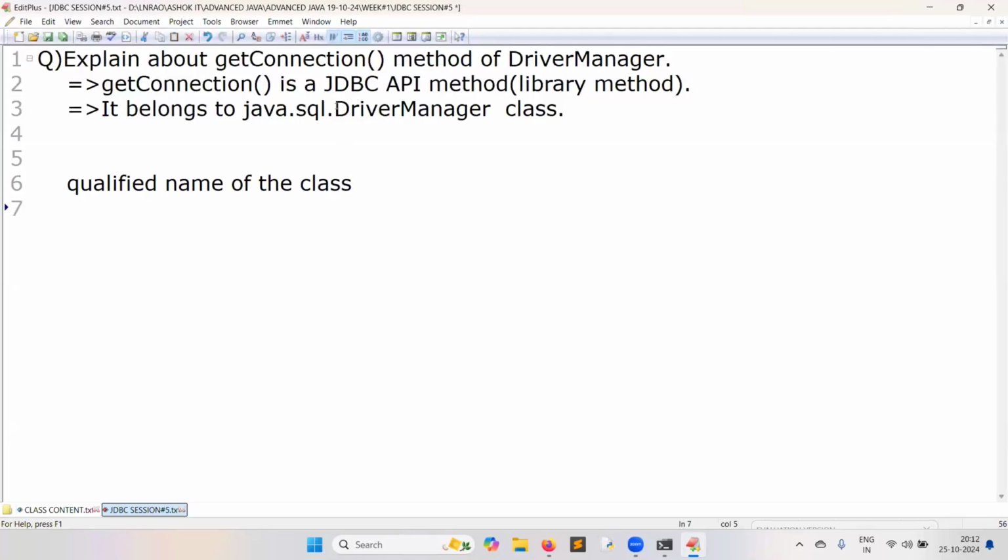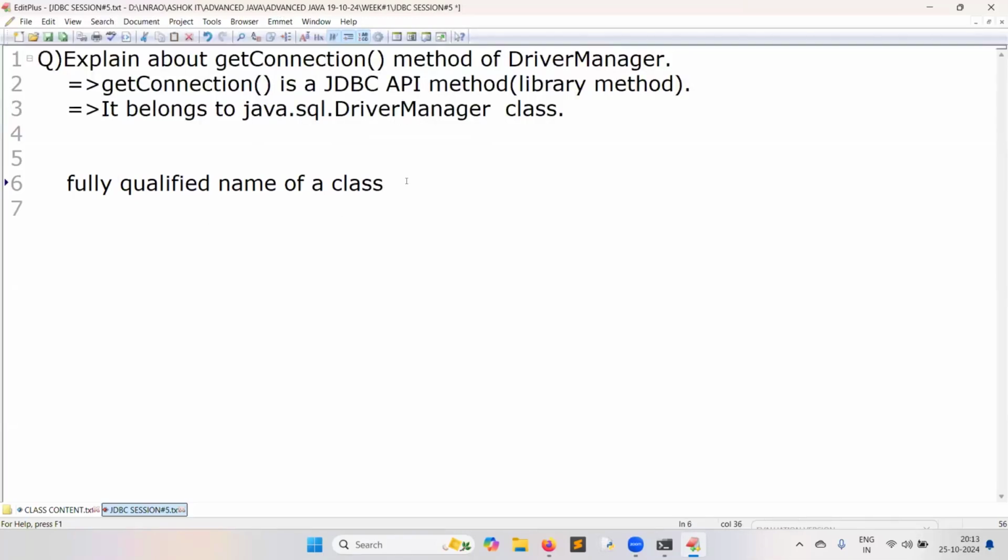DriverManager is the name of the class. Do you know the meaning of fully qualified name? In the interview, if anybody asks what is a fully qualified name of a class, it means package name dot class name.